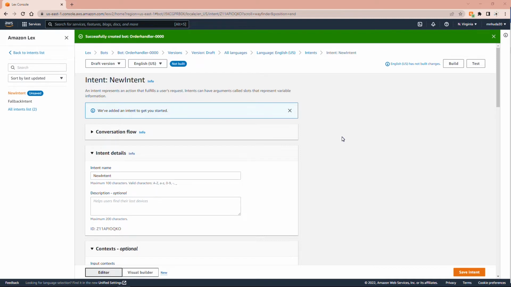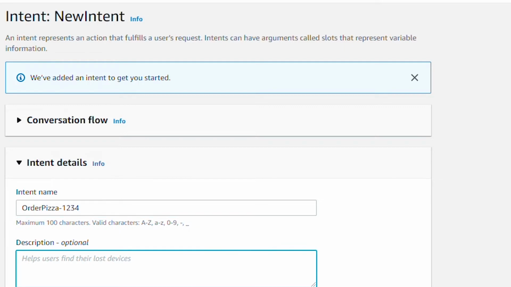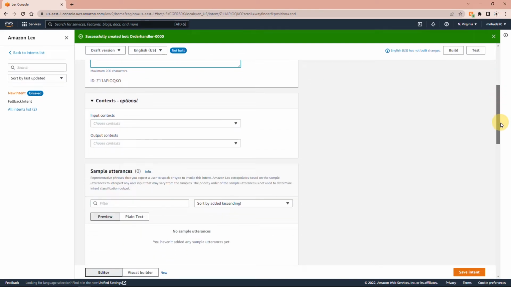Next, it automatically started a new intent. An intent represents an action that fulfills user request. So I will create an intent, order pizza. I will put a brief description of this intent. Then I scroll down,